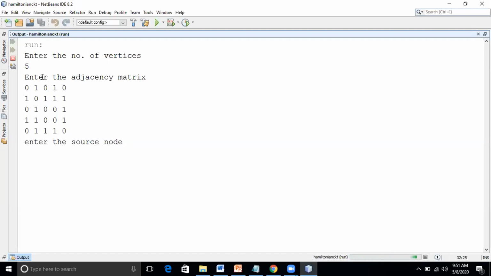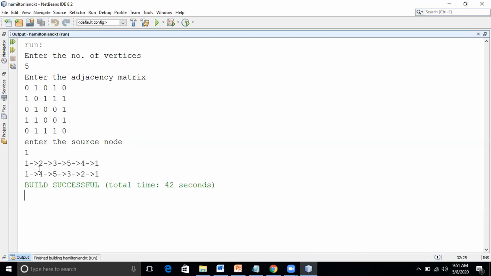What is the source vertex? 1 I will take. How many paths did we get? 2 paths, yes, sir. Can you see this? 1 to 2, 2 to 3, 3 to 5, 5 to 4, 4 to 1, and 1 to 4. That's all. That's your program.